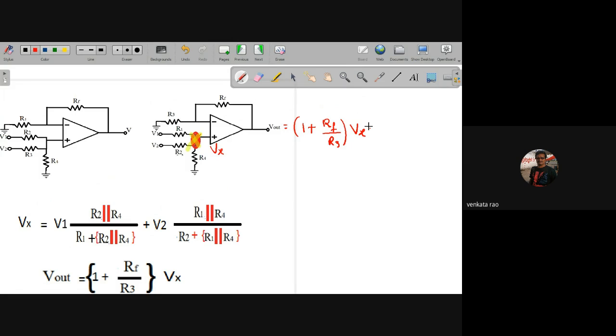So I want to apply the superposition theorem to get the value of Vx. According to the superposition theorem, let us say this is active, this is non-operative. Active means operative, passive means non-operative. Non-operative means connected to ground. Now these two are parallel to each other. Now Vx1, once it is active, equals V1 into R2 parallel with R4 by R1 plus R2 parallel with R4. Similarly, once it is active,